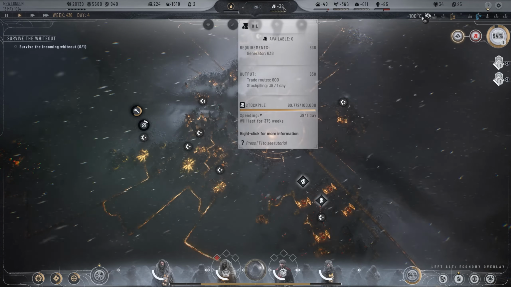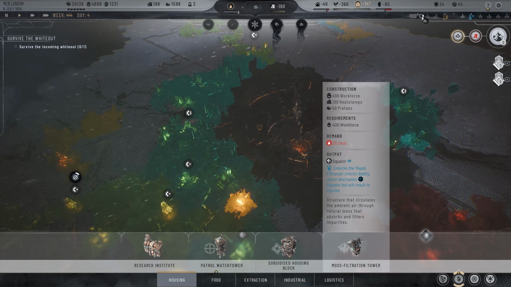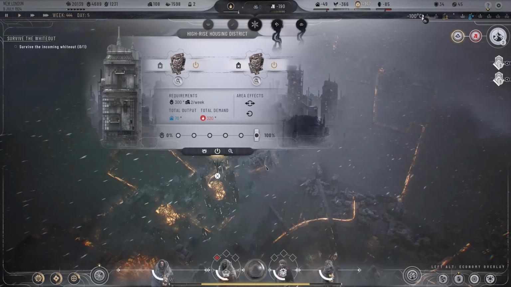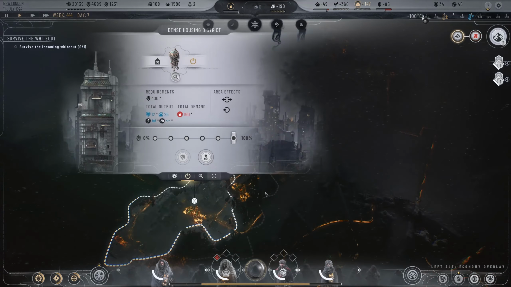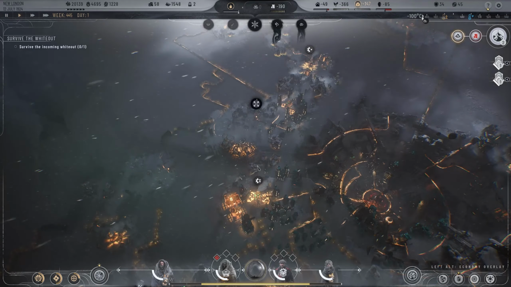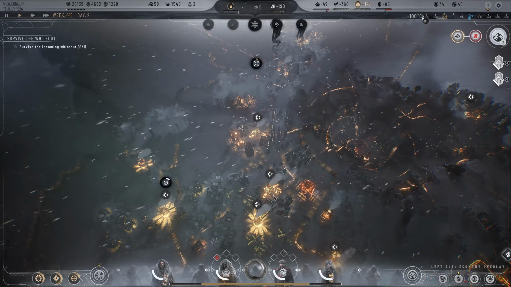Okay, one thing that we can do, we did just get done researching, oh, where is it? A moss filtration tower. So we're going to get a few of those up and running. I assume they can only be done inside of homes, housing districts, that's the word I'm thinking of. So we definitely need to go ahead and expand a little bit wherever we can. I know there are a couple of housing districts that don't have...